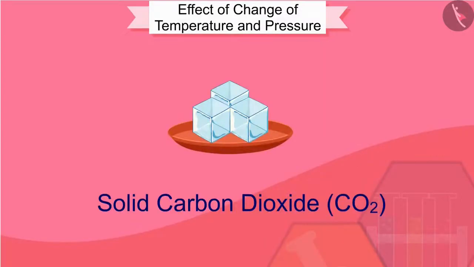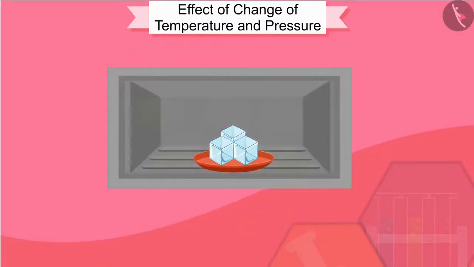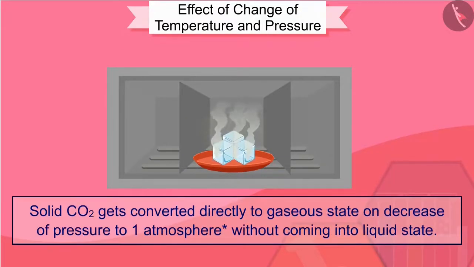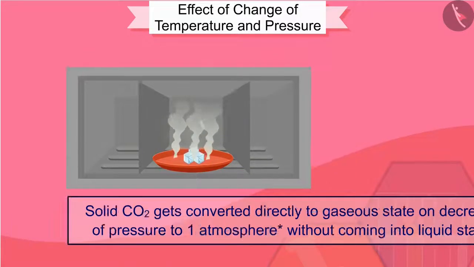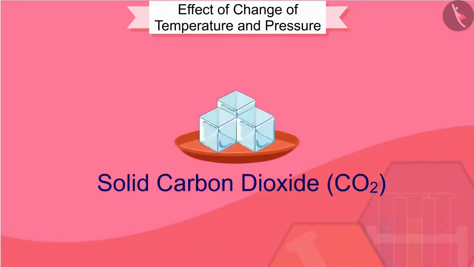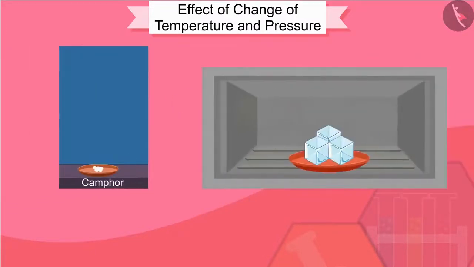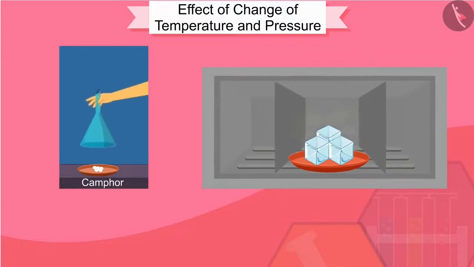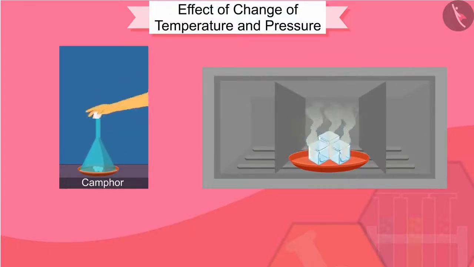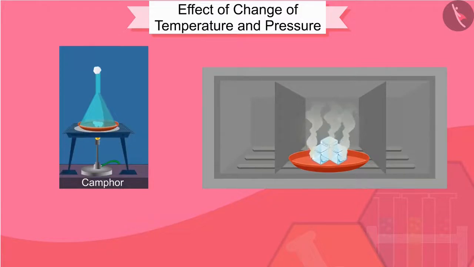Have you heard of solid carbon dioxide, CO2? It is stored under high pressure. Solid CO2 gets converted directly to gaseous state on decrease of pressure to 1 atmosphere without coming into liquid state. This is the reason that solid carbon dioxide is also known as dry ice. Thus, we can say that pressure and temperature determine the state of a substance, whether it will be solid, liquid,